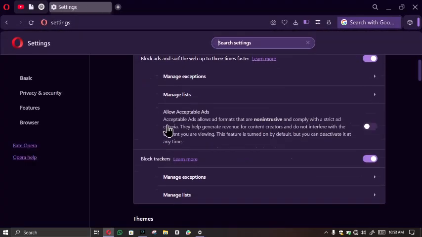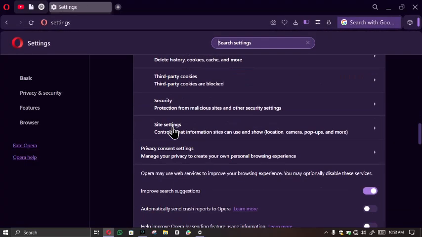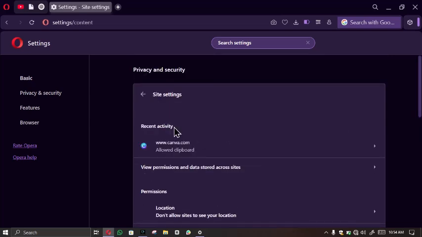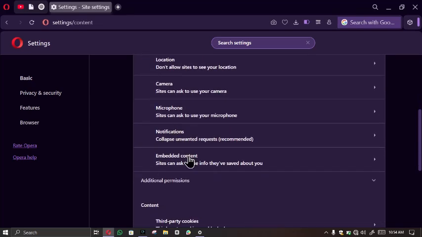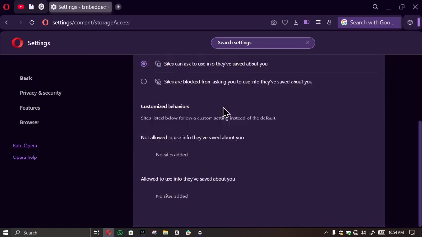So once it's opened, then you scroll all the way down until you see site settings. Then you click on it. Next, you're going to scroll all the way down until you see embedded content. So here, sites can ask to use info they've saved about you. Click on it, and here,